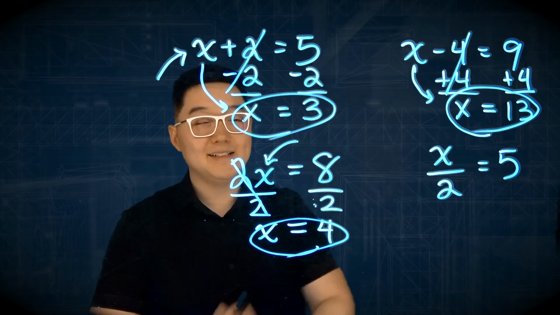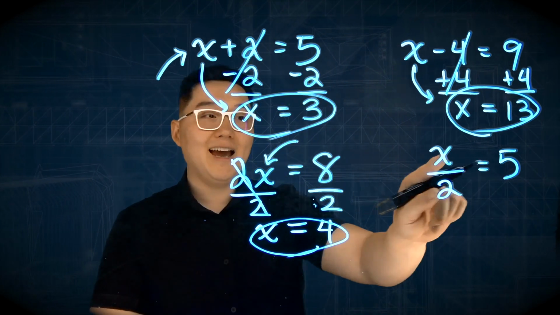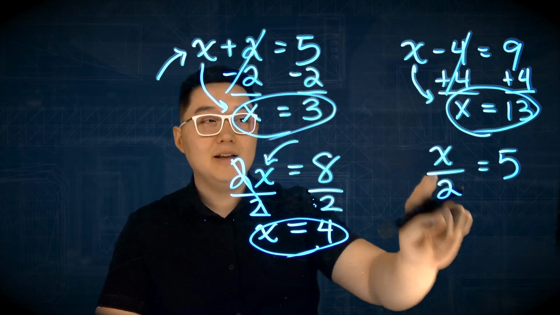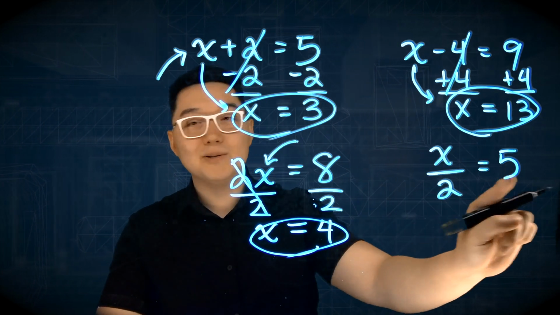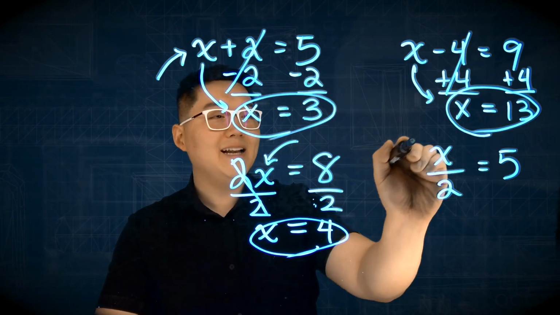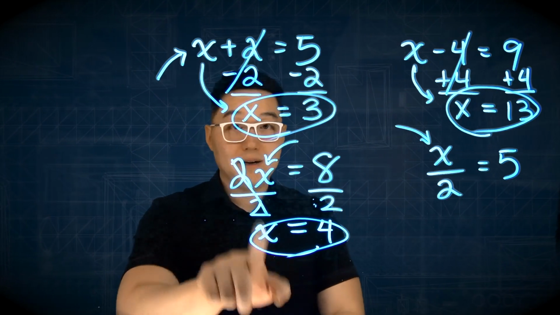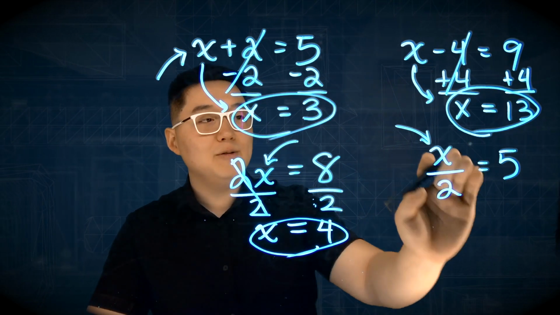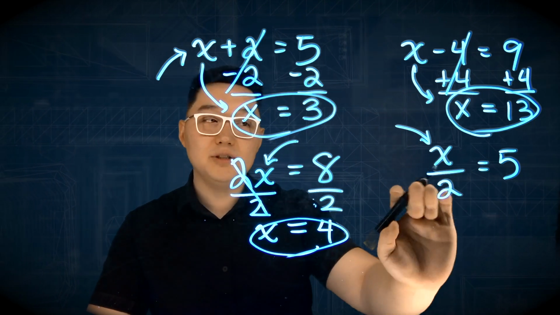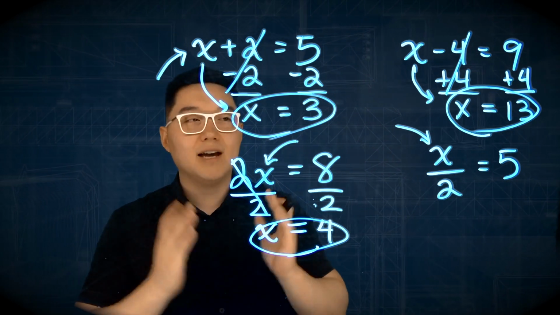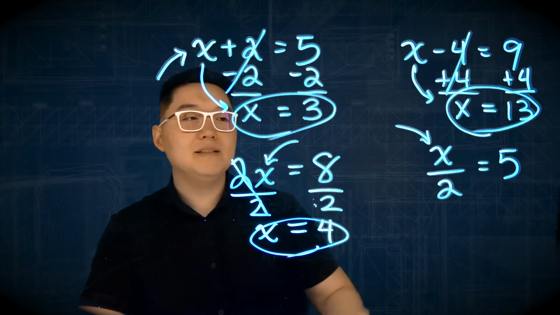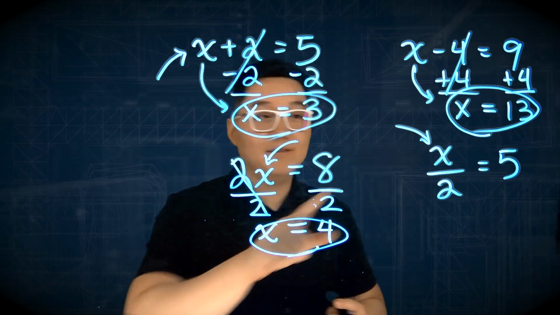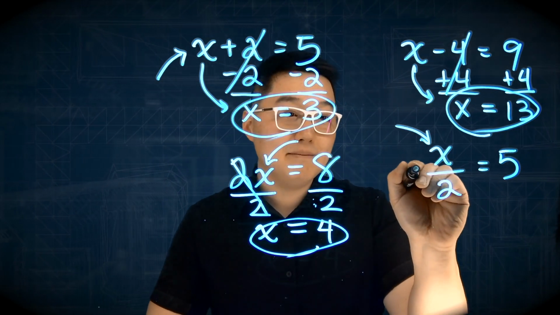Now here's one last example. This time, x is not being multiplied by 2, x is now being divided by 2. Now some number divided by 2 equals 5. So let's go ahead and isolate for that variable x. Let's get x by itself, just like the other previous examples. So to get x by itself, we want to remove something that says divide by 2. But what is the opposite of cutting something in half? Opposite of dividing by 2. Now the inverse operation, or the opposite of dividing by 2, is in fact multiplying